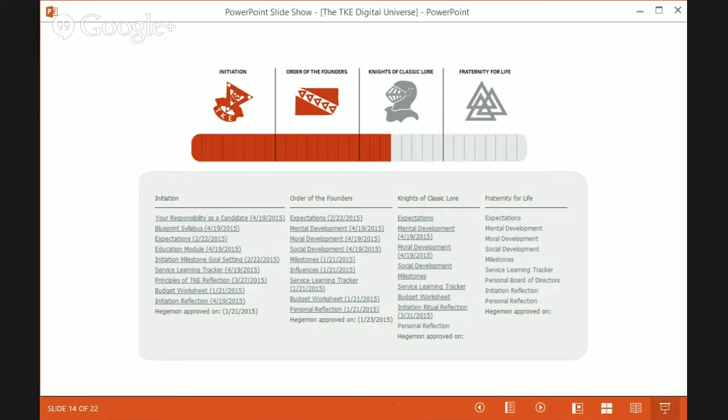We expect that they hit 3 of 6 things in this section and 5 of 8 in this other section. Through the blueprint approval section, you can review each individual person and how they're progressing along. If they've completed it, you can approve them. And then you also have the ability to view certificates and create and print a custom certificate for the Order of the Founder, Knights of Classic Lore, and Fraternity for Life level.